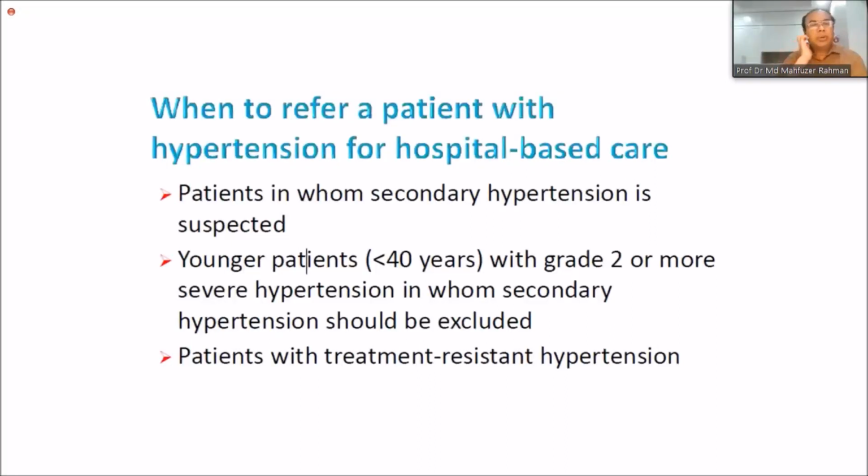Now, whenever we refer a patient with hypertension for hospital-based care, they are asked in the exam what are the indications for admission of a hypertensive patient in hospital. Patient in whom secondary hypertension is suspected, younger patient less than 40 years with grade 2 or more severe hypertension in whom secondary hypertension should be excluded, patients with treatment-resistant hypertension,